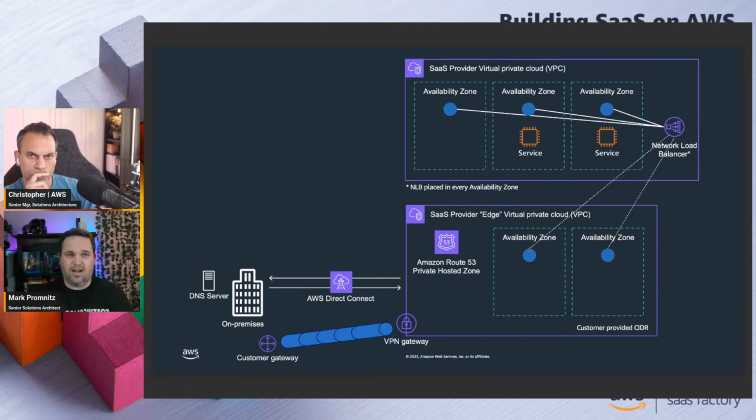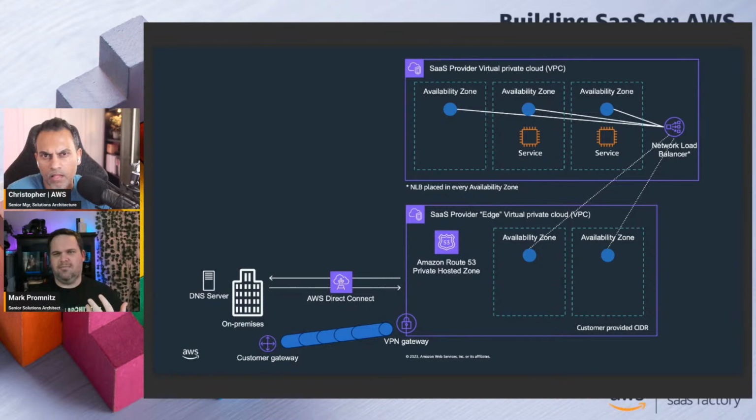So there really is a piece to think about: if your customer has opted into private connectivity, is it only private that they want, or are they willing to accept public, and how do they want to manage that? We can absolutely build into our SaaS platform the way to manage and track that, and redirect traffic as needed. Okay, amazing.